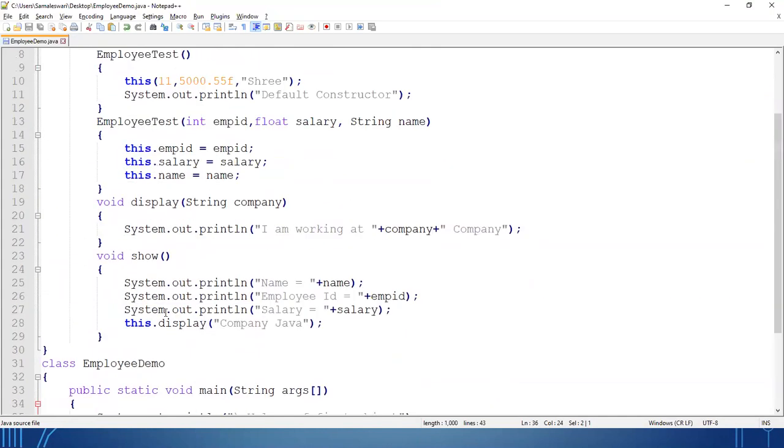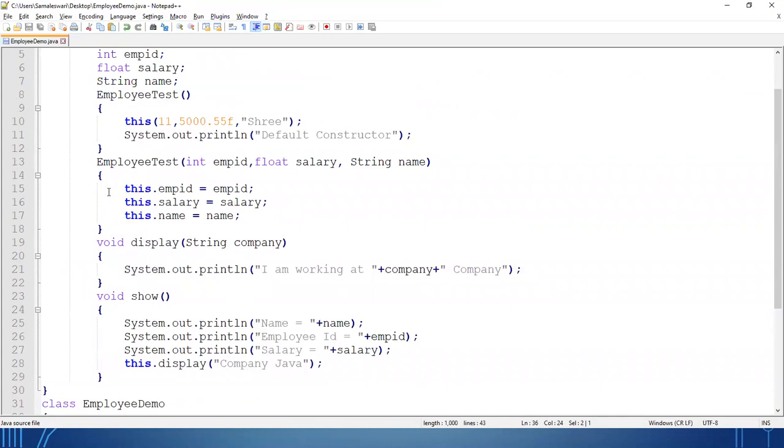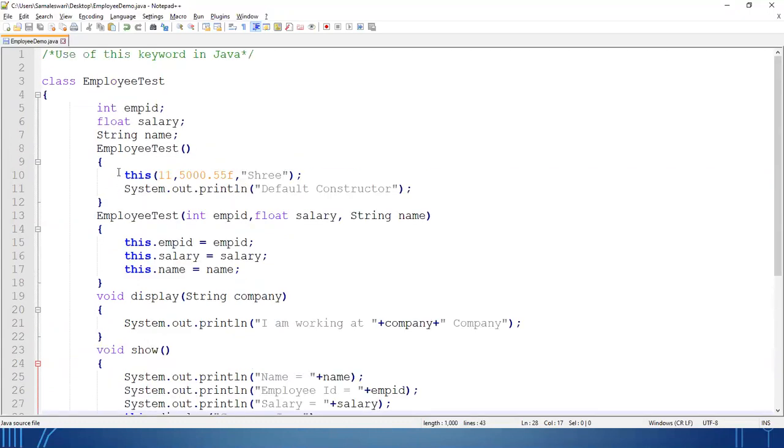Then we have seen how to call methods inside another method by using this keyword. The difference is that I can call a method of the class inside any method of the class at any place. Last, we have seen we can manually call the constructor for initializing the object.